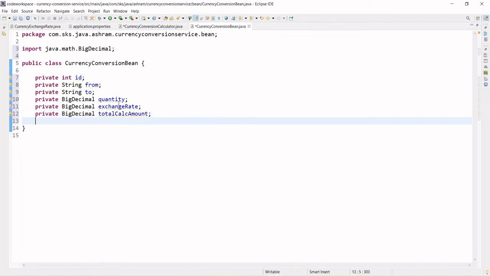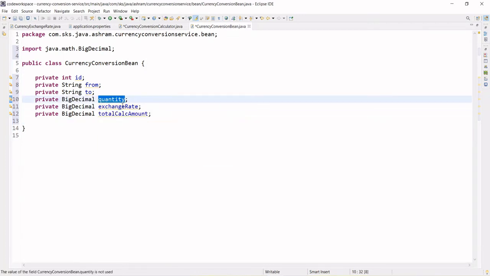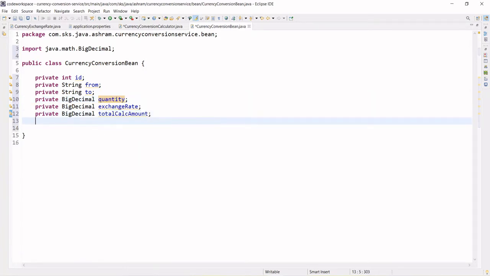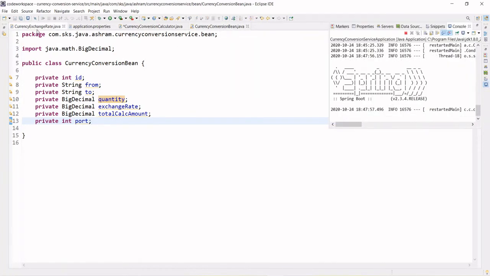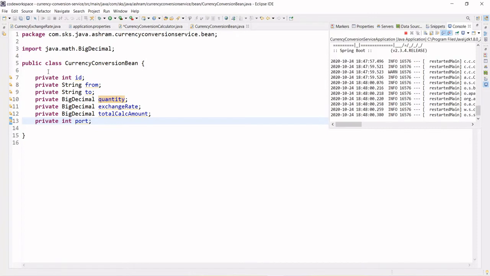Whatever the exchange rate is, it will be used to calculate the quantity: quantity multiplied by the exchange rate will be stored here in the total calc amount. And we can have another, basically int port, to capture the port. So after calling the currency exchange service, whatever it returns, we will be storing into this bean, where it will capture the id, from, to, and all.